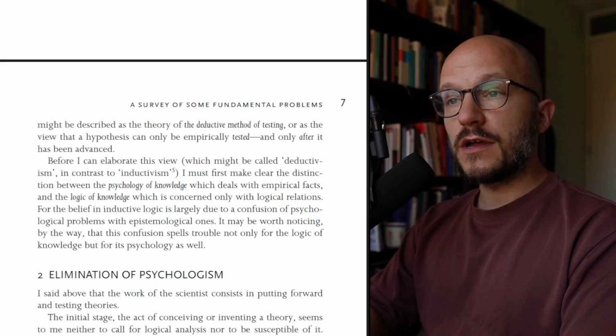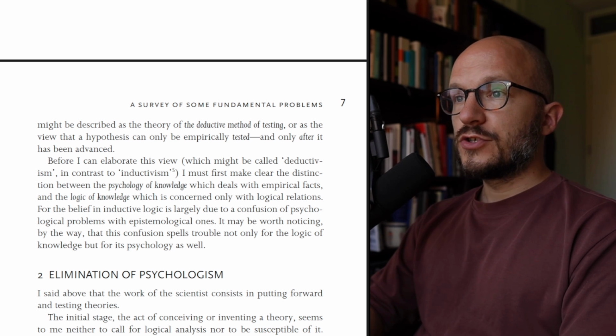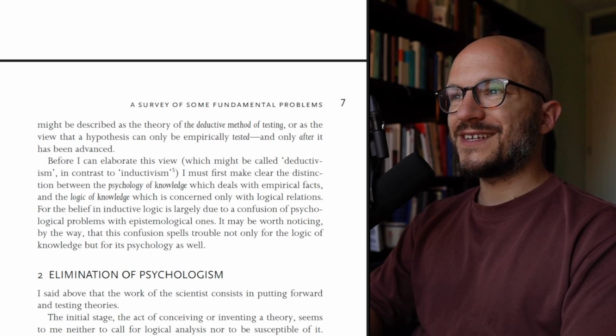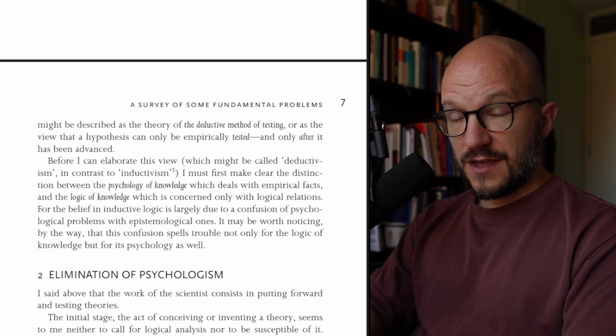Okay, he goes on to make this distinction, and then he says, well, I'm only interested in the logic of scientific discovery. I'm not interested in the psychology of scientific discovery. So if you know Popper's work, you know that he goes on to say science is rational because it is deductive.